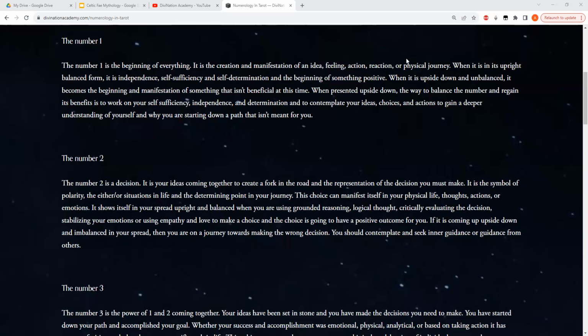The one can also symbolize someone who is struggling, somebody who might naturally be a very independent and self-determined person, but that there is a reason that the one is coming up and that they have lost a lot of their independence and determination and motivation, and that they have lost the excitement and passion of starting something new and beginning new journeys and getting really excited about new information and new paths and new things that they can try.